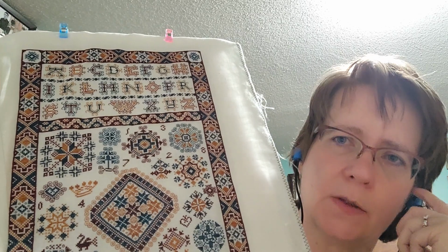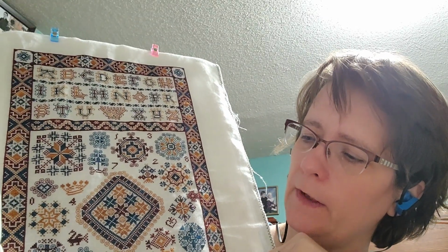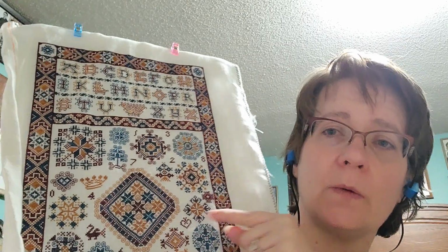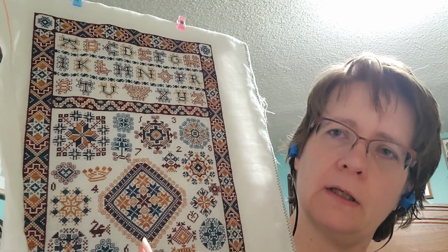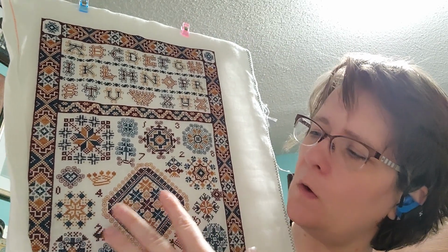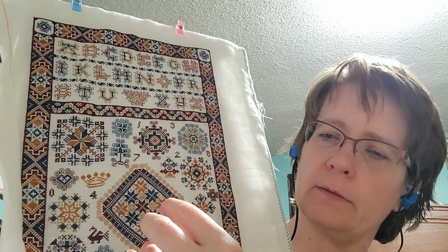This was in the Gift of Stitching magazine. It was the cover piece. I'll write that information below, but I do know that this pattern is available on 123 Stitch as a standalone pattern. So if you're interested, this pattern only has full crosses, back stitch, and what they call a whole